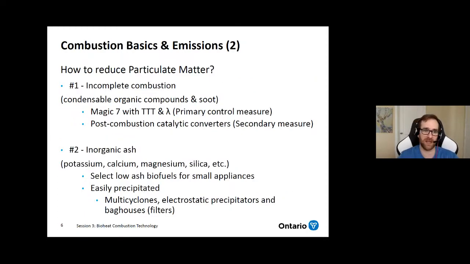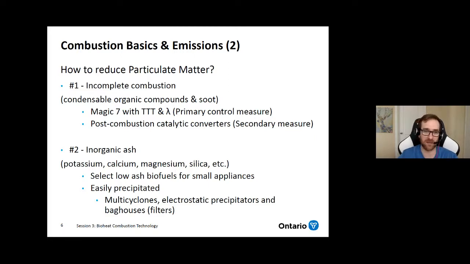So the first way to reduce particulate matter is that the first measure is to control the magic 7. After that, you would apply secondary measures. Either there could be catalytic converters that could remove some of the products of incomplete combustion, like the volatile organic carbons. Then the second thing you can remove is the inorganic ash. Well, you can burn